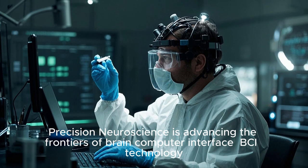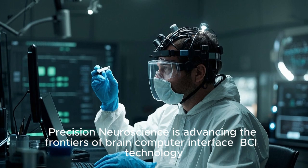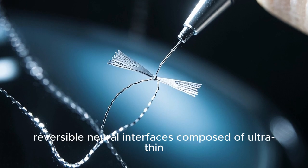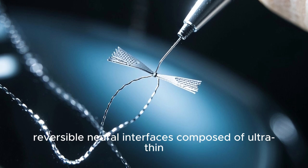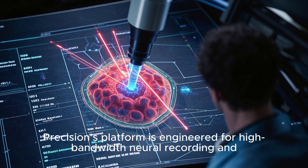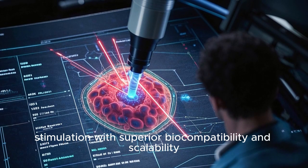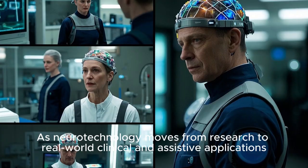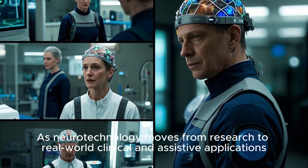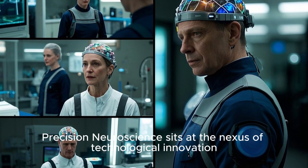Precision Neuroscience is advancing the frontiers of brain-computer interface (BCI) technology. Its flagship platform delivers best-in-class minimally invasive, reversible neural interfaces composed of ultra-thin, flexible microelectrodes. Precision's platform is engineered for high-bandwidth neural recording and stimulation with superior biocompatibility and scalability. As neurotechnology moves from research to real-world clinical and assistive applications, Precision Neuroscience sits at the nexus of technological innovation,